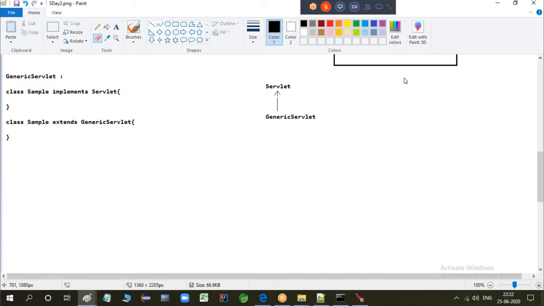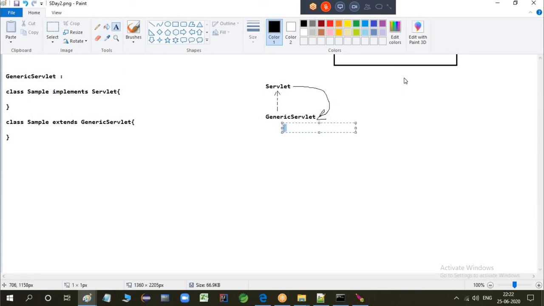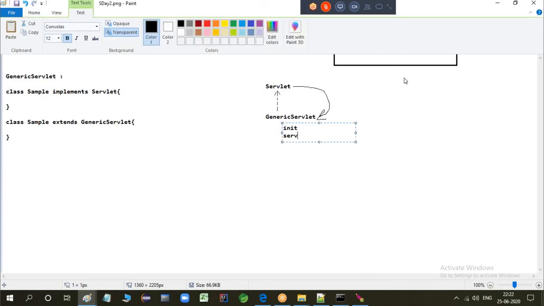For the dotted lines, I am showing the GenericServlet class implementing the interface. And it overrides all the methods inside GenericServlet. What are those methods? First, the init method, service method, destroy method, getServletConfig method, getServletInfo method. So Sun Microsystems has written GenericServlet, which implements the Servlet interface and overrides all